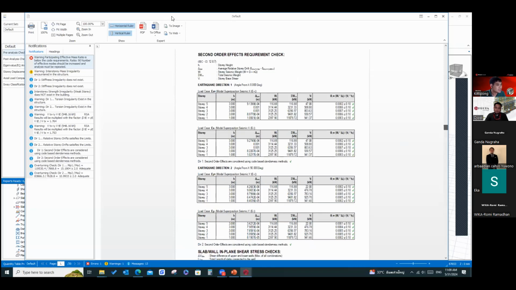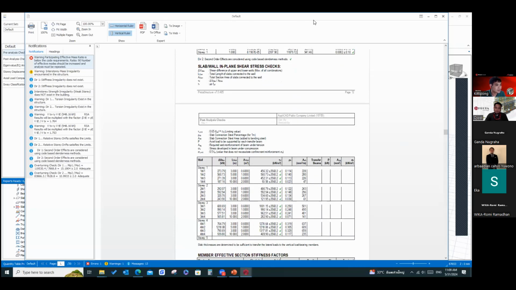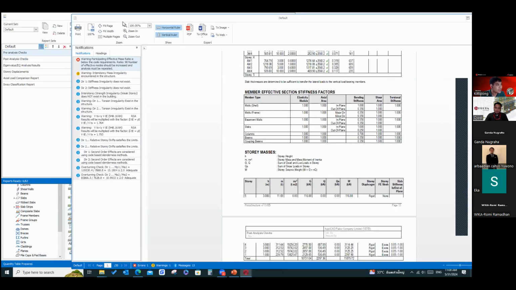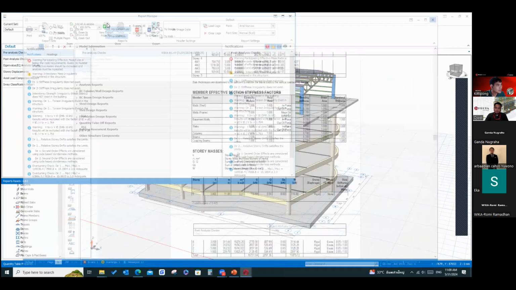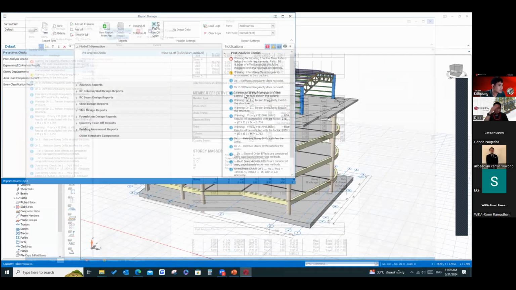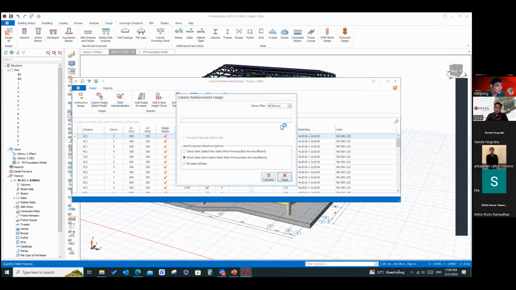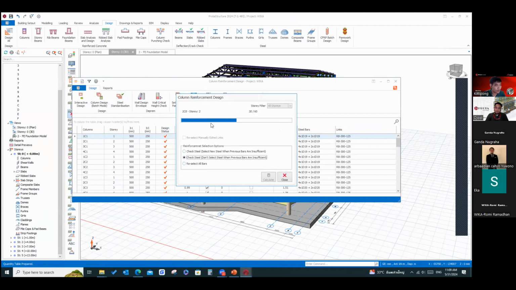This report means calculation and drawing, or calculation only. Maybe this is the calculation for the column and wall.